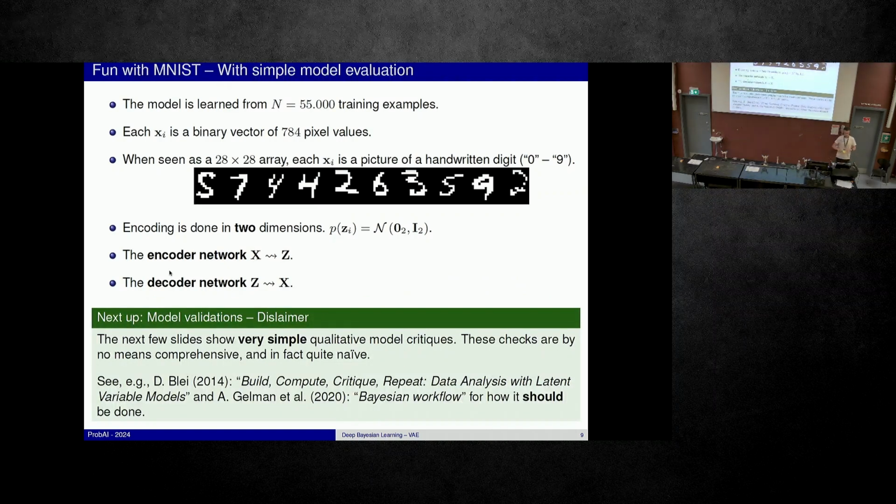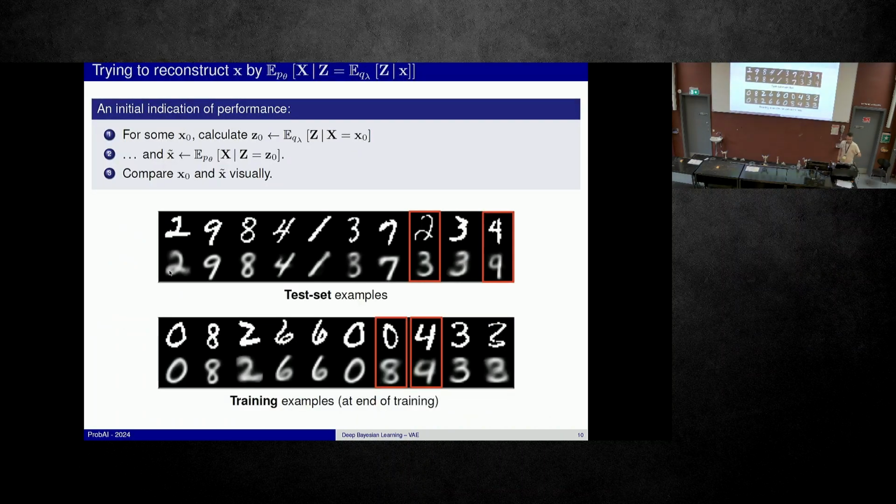And then just to show some results from this model that we are going to play around with in a notebook later. Again, a small disclaimer that the results that you will see here are based on this very simple model with a simple encoder-decoder network and a very simple latent space, namely only two-dimensional. But it's just to illustrate this approach where we are trying to do incremental model evaluations and model refinements, investigating the models and seeing what that actually tells us. So what we can try to do, as an example, is to reconstruct images